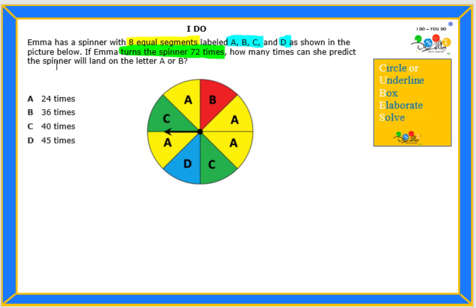So let's read that question again. Remember that if we use our cube strategy, we want to make sure that we circle and underline all important information. We used our colors, and we're going to box in our question. So how many times can she predict the spinner will land on the letter A or B? So let's go ahead